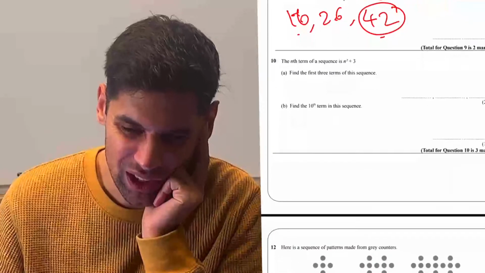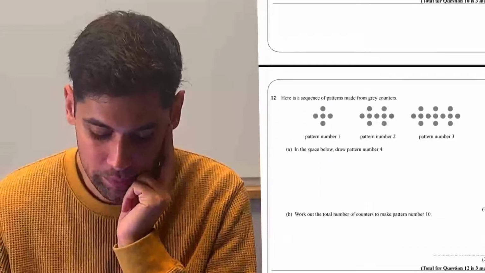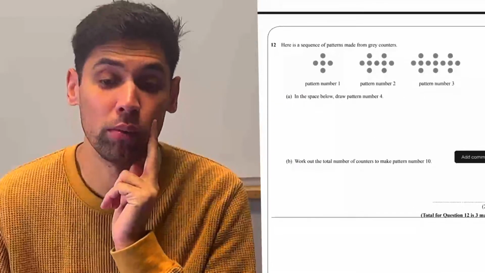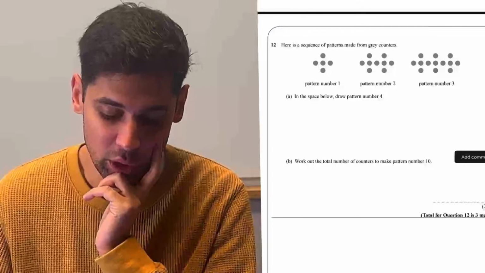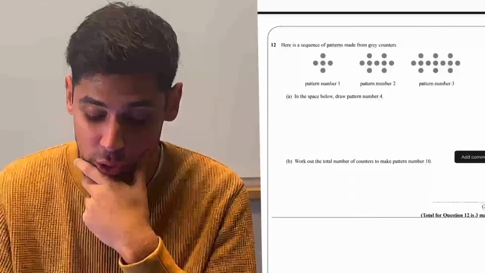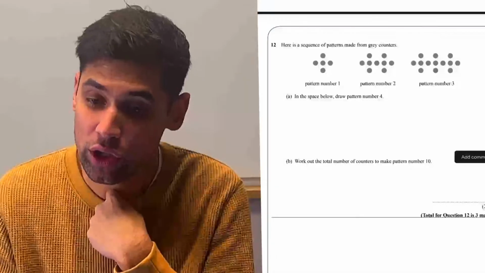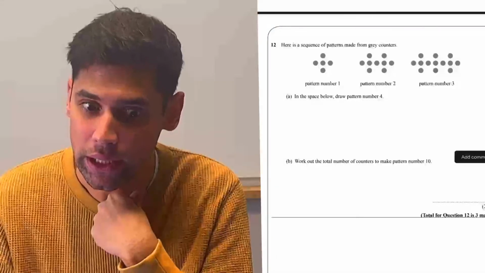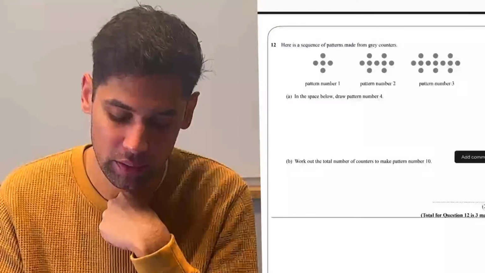Okay, I don't think we need to do question 10 because we've kind of covered that in the previous ones. Then we like to give us geometric problems, so visualizing some of the questions here. Pattern 1, 2, 3, and draw pattern 4. So the thing you've got to do, first of all, don't think it's too easy right now, because we can see it looks like a cross, and then the